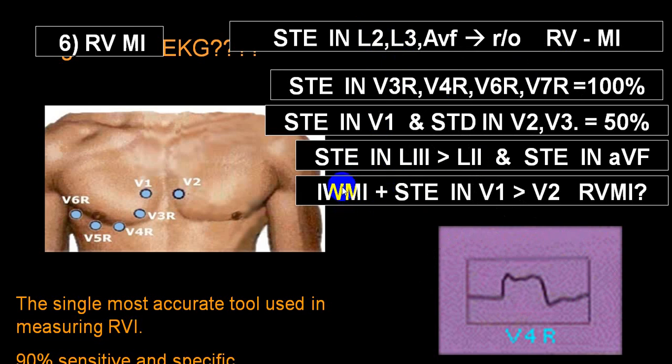Posterior wall MI. So inferior wall MI with ST elevation in V1, and if you get also in V2 and V1 is taller than V2, also you can keep it in mind RVMI. But best way to identify RVMI is ST elevation in V4R, which is almost always seen, which will be straightforward 100% in favor. And if along with lead 2, lead 3 AVF, lead 3 is taller than lead 2 ST elevation. So lead 3 is taller as compared to lead 2, and you have got a V1 ST segment elevation, it will be almost 50% in favor.